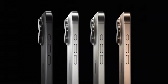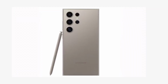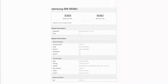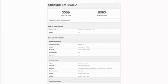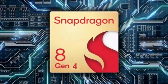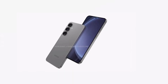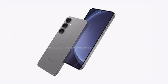Let's start with the processor. The Galaxy S25 Ultra, specifically the carrier-locked US variant, model number SM-S938U, was spotted in Geekbench's database. Thanks to a leak from Tarun Vats, we got some performance numbers, and they are impressive. The device is rocking the Snapdragon 8 Gen 4, which goes by the codename Sun, and comes with 12 gigabytes of RAM. It's also running Android 15, which makes sense, since the Galaxy S25 series is set to launch early